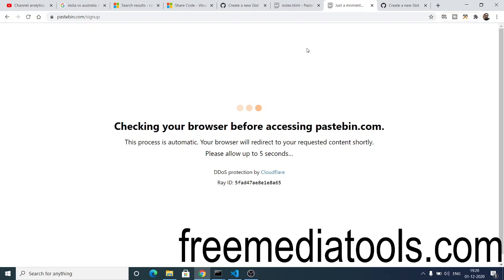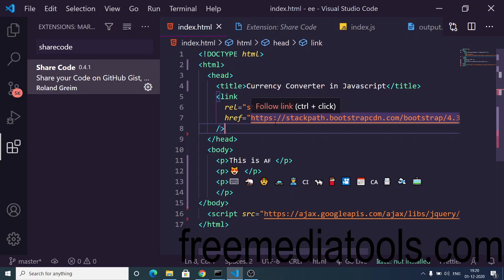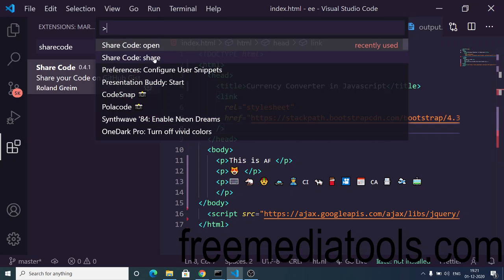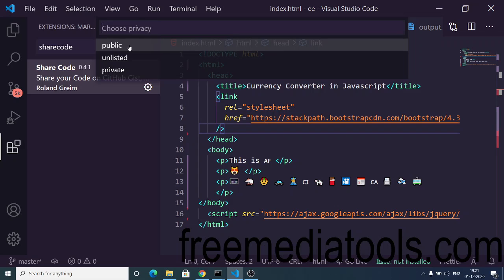I don't have an account on Pastebin. Then also I can share it. I simply need to again press this command, and I will select this option, Share Code Share, and now you have this option which is anonymous. So basically this allows you to instantly share your code snippet without having to log in. So I will select this option, and now it will ask you